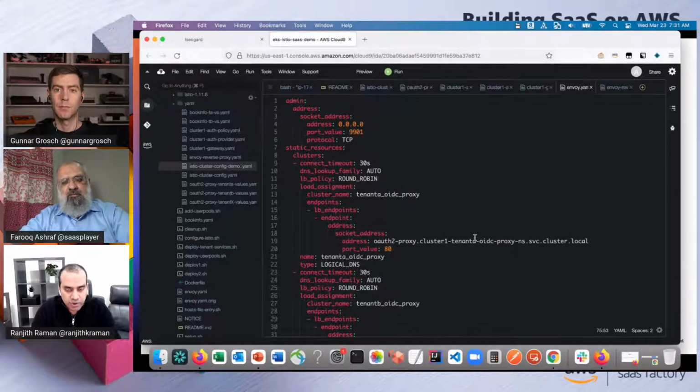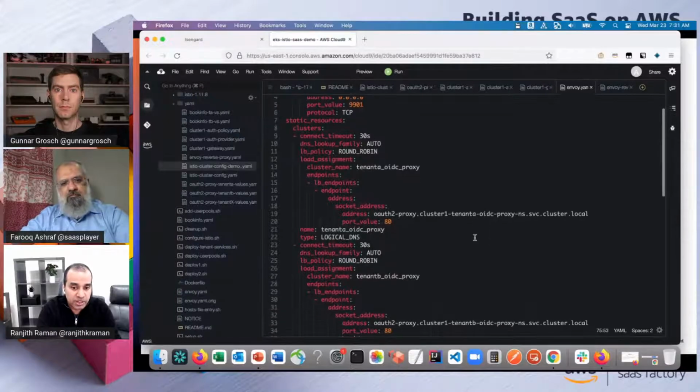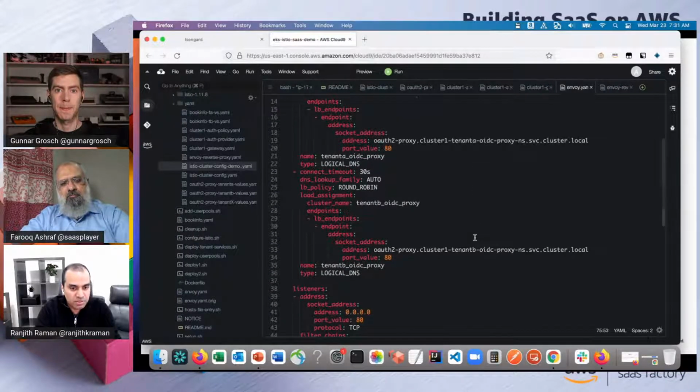And just to point out something interesting to keep in mind: if you see the OIDC proxy, we are creating it per tenant. It was a bit deliberate, right, Farooq? The idea was to enforce some level of isolation, so that every tenant gets their own OIDC proxy and there's no sharing going on, because it's dealing with Cognito secrets and all that.